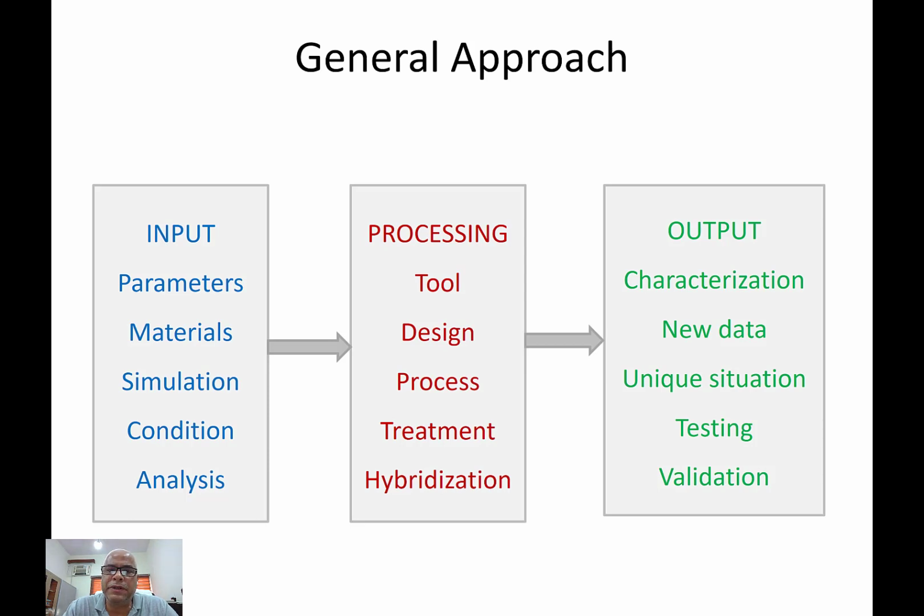If not all three, then at least at two stages among input, processing, or output there has to be novelty. Like if the same process parameters on which so many people have done work earlier are used, but you are using novel tools, novel design, or newer processes and treatment methodologies, similarly a newer way of characterization, newer data generation, newer way of testing,